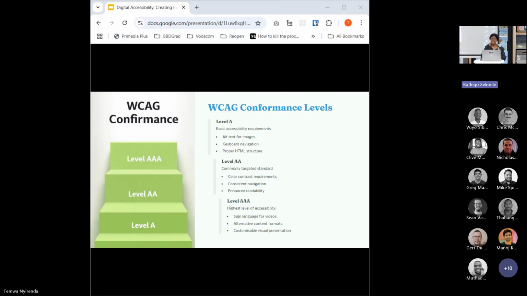The last level is level AAA. This is the highest level of accessibility, and it addresses the most complex and nuanced accessibility issues. Examples of what would be included in this level is providing sign language interpretation for all video content,